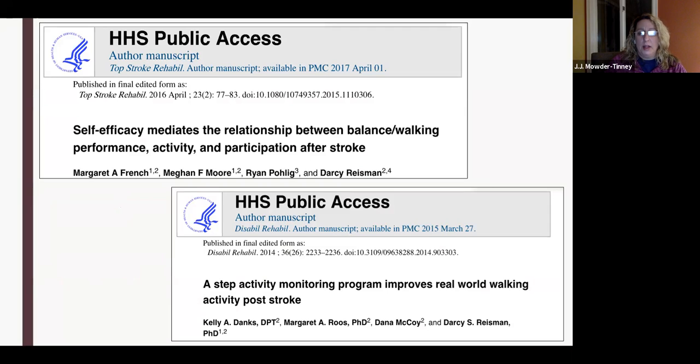Another example is the STEP activity monitoring program. Some of the newer research by Darcy Reisman talks about the benefits of utilizing that. It's time for them to come in now, so I'm going to give an example of how